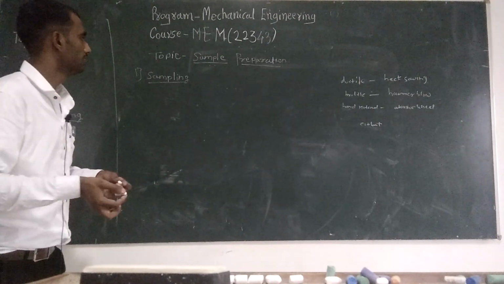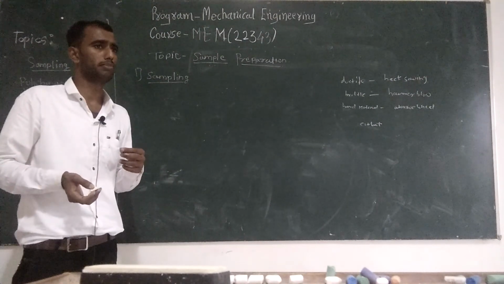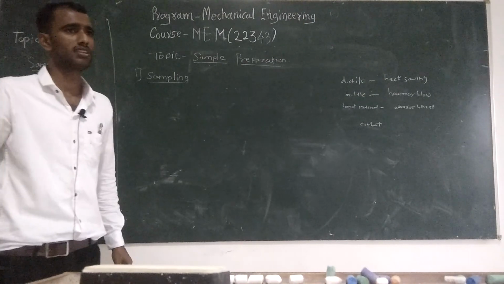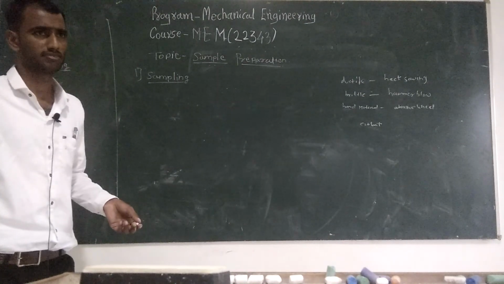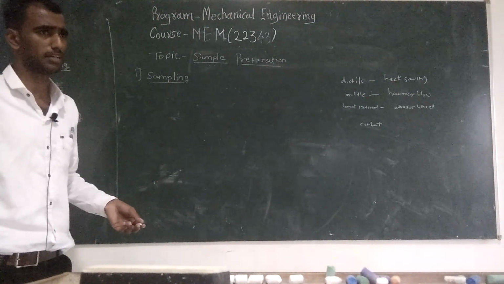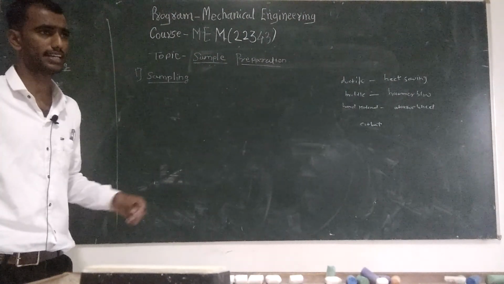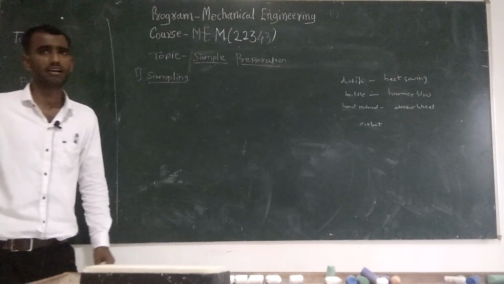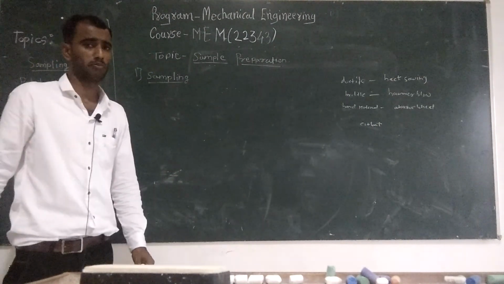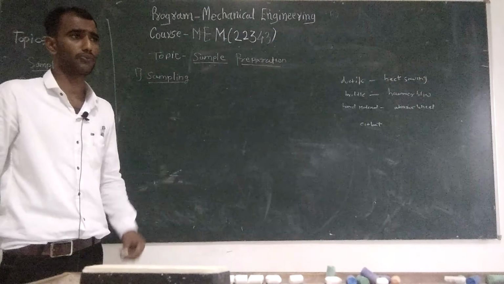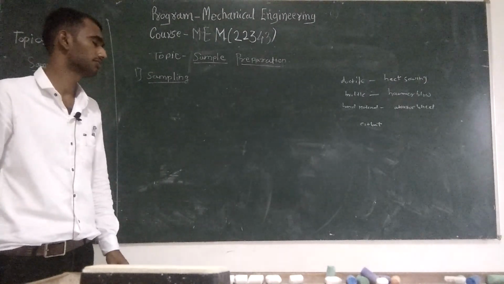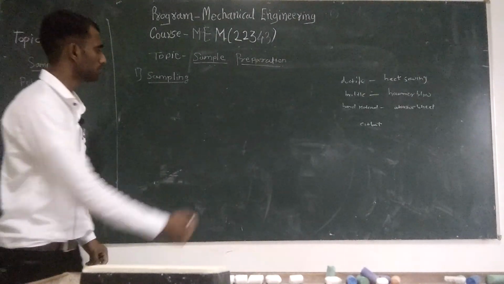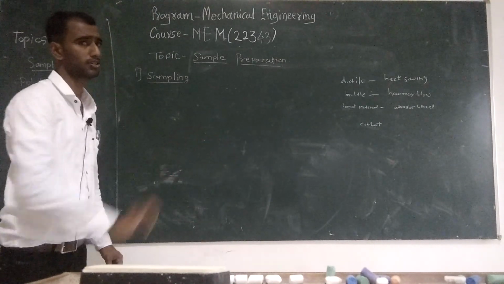If instead of brittle material there is a hard material, like diamond or that type of hard material, for that material you are going to use abrasive particles or wheels to cut the material. It means according to the property of the material you have to use a different method of cutting.